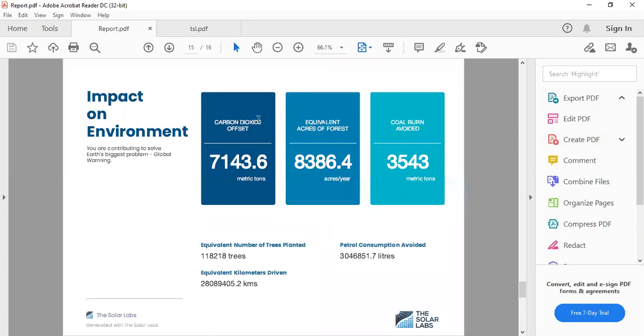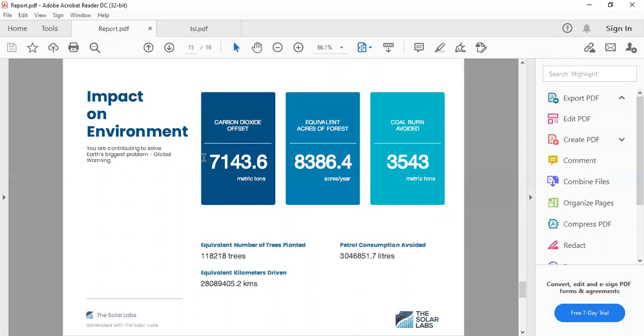Then we have the impact on environment page to show your client how he is going with an eco-friendly system, because the solar system has a positive impact on the environment. If you are using electricity from the supply board, they are using thermal power plants or reactor plants, so there will be some pollution created from those plants.